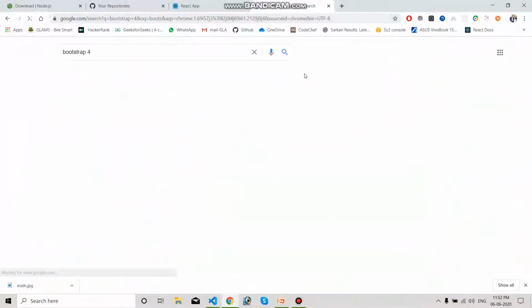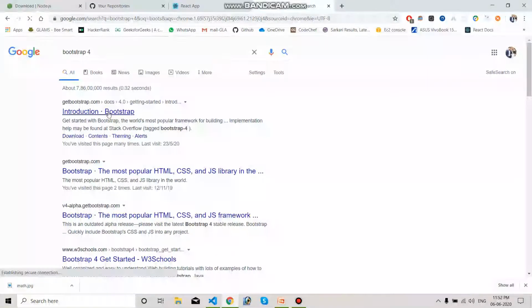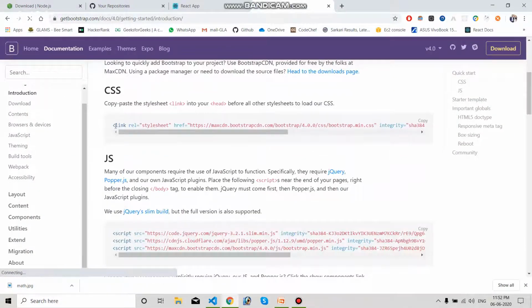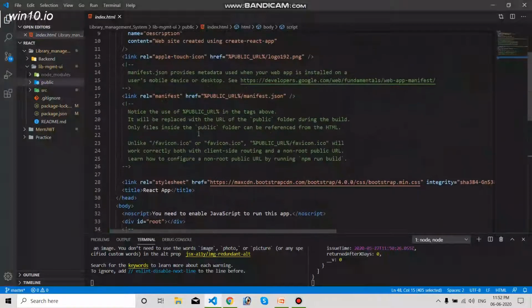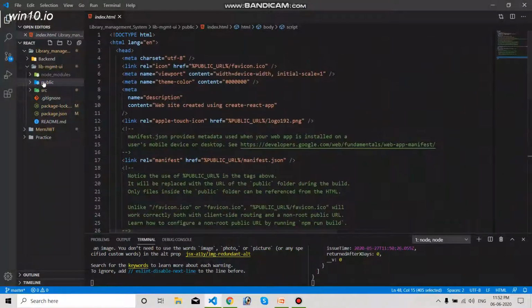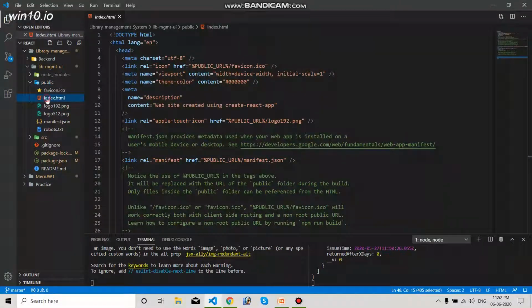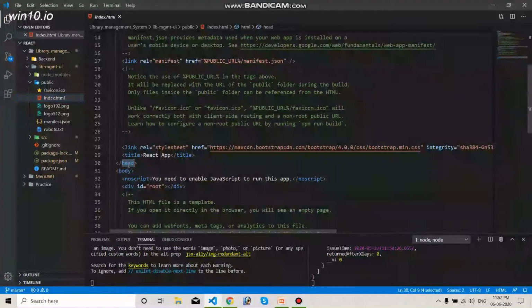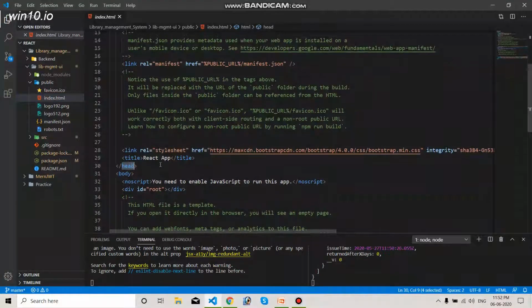I have used Bootstrap 4 in this project. Open the introduction page, and you can see the link here. Copy this link from here and go to the index.js file in the public folder. Inside the index.js file, this is the closing tag for head. Above the title,